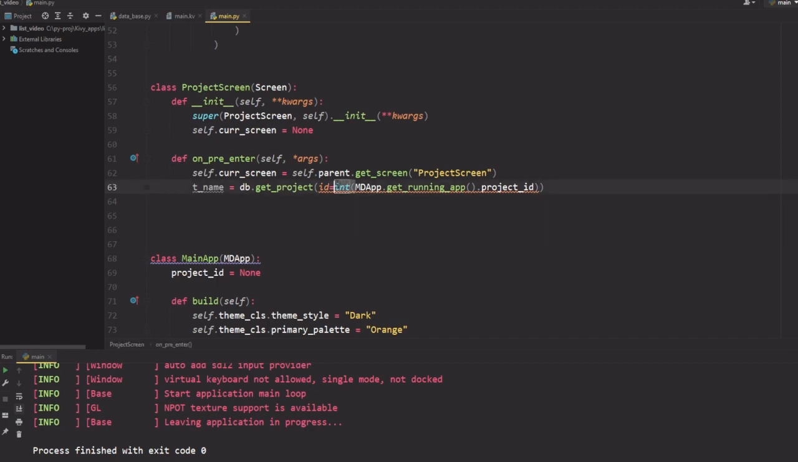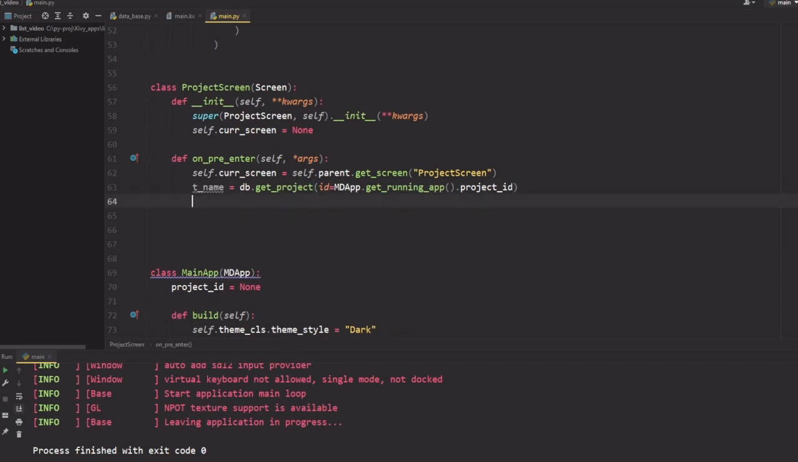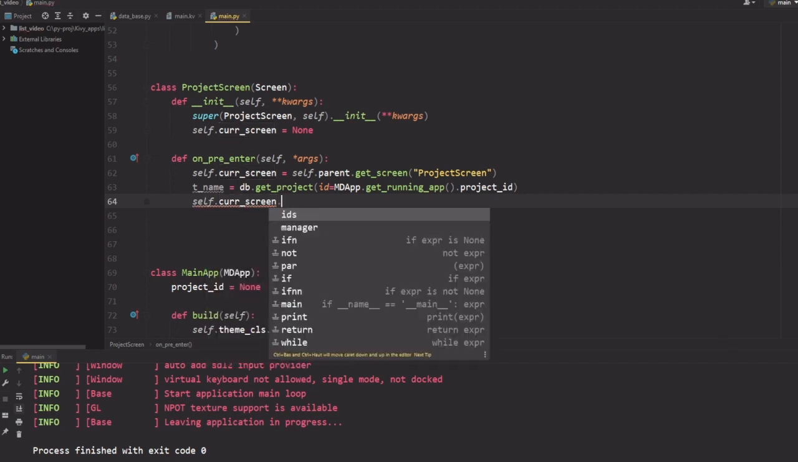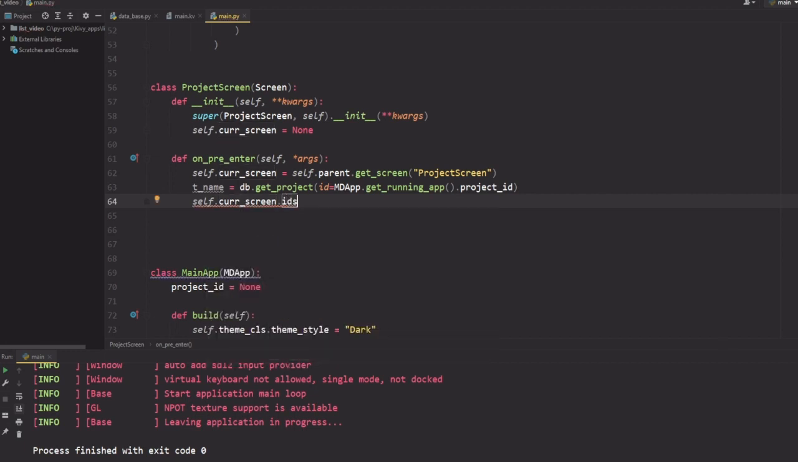Oh, maybe it's going to work out. Let's just leave it like this for now. So what will we do next? What we're going to do next is just call self.ids. Sorry, self.curScreen.ids.project_name.text is now going to be equal to, well, my tname